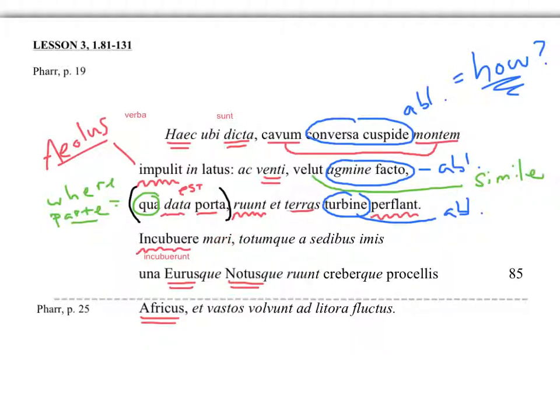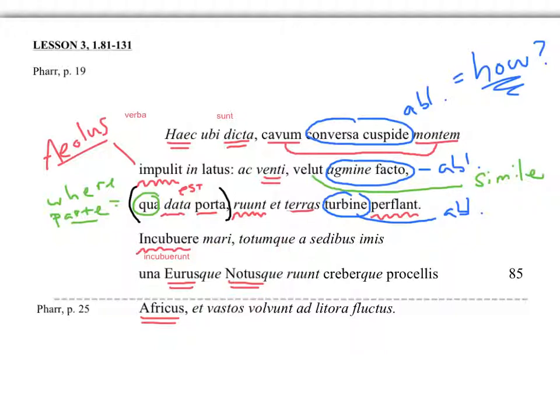And incubuere probably takes the dative. Yes, it does. Okay, I just checked it. So it takes a dative. That's mari, dative. Usually, you would think it'd be accusative, but this is dative. Mari, third declension. So the winds lie